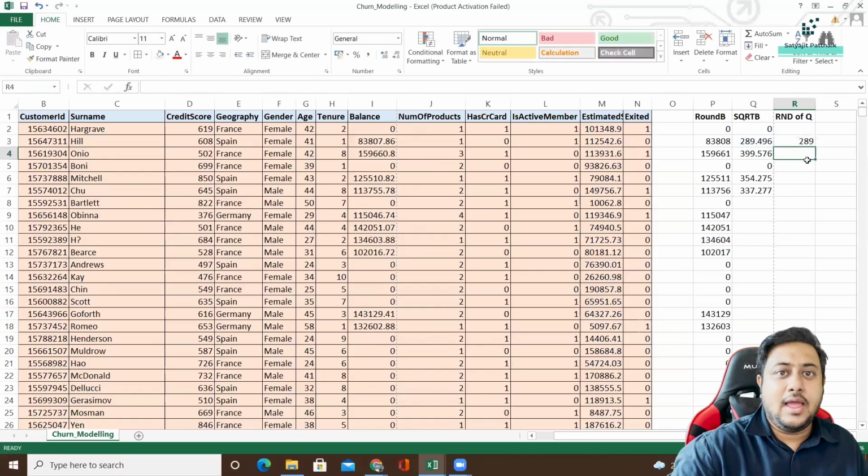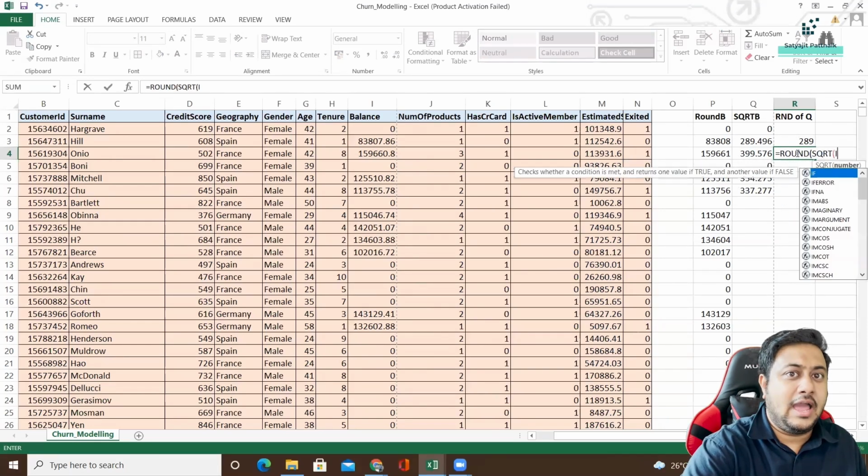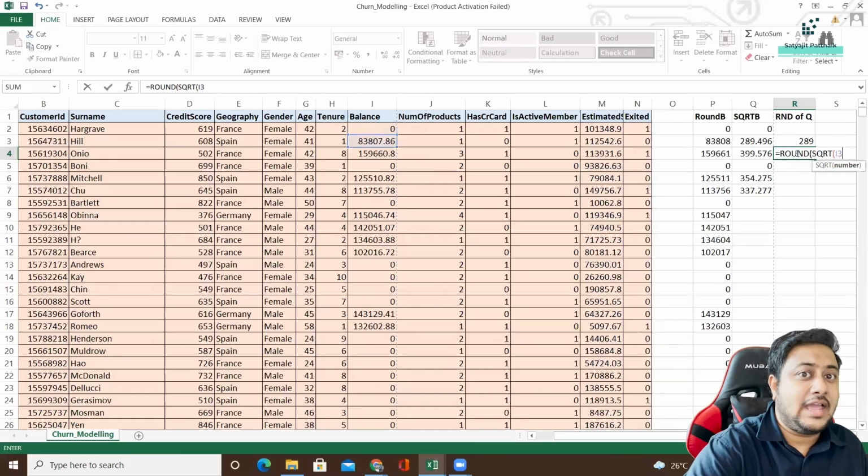This is one way. Another way is equals to round of square root of I3, then close brackets, and then